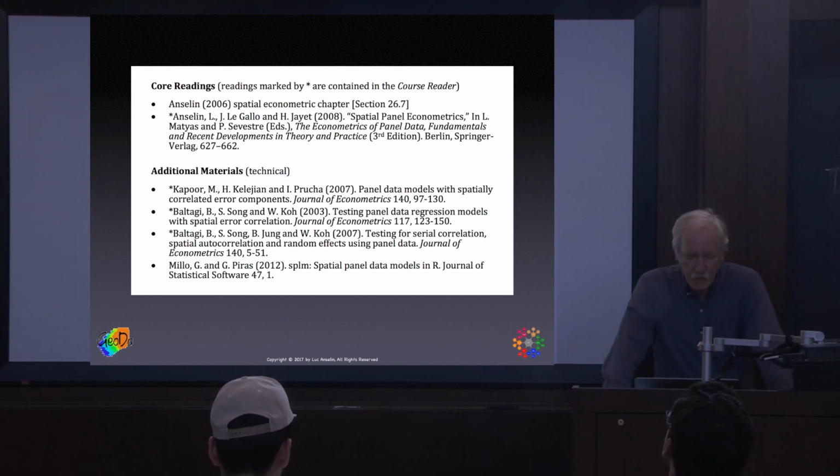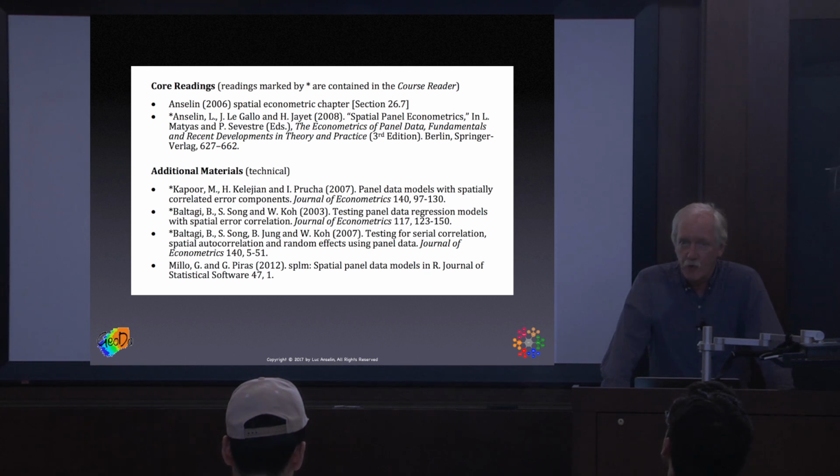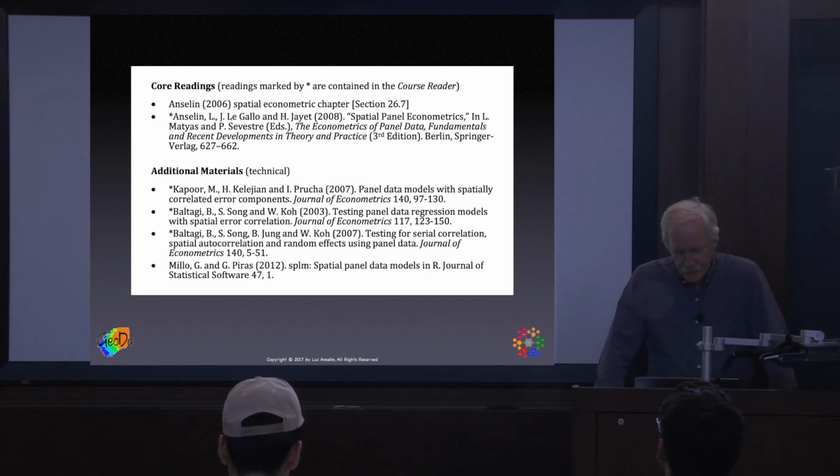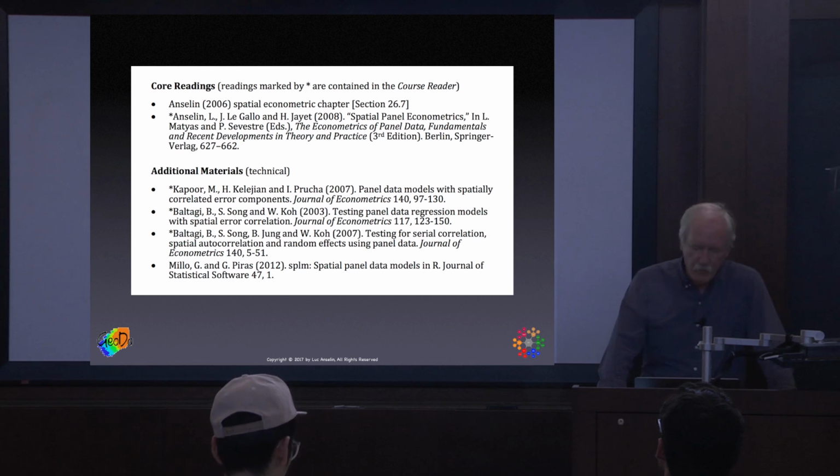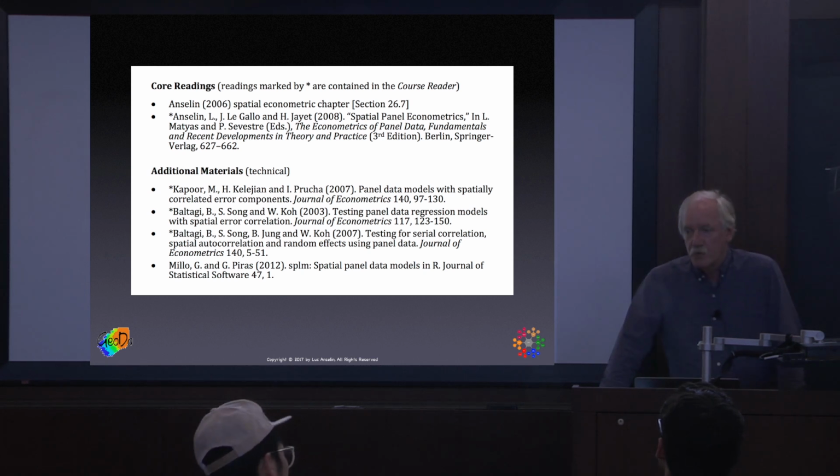And then in terms of the readings, pretty much the same as last time, this review chapter in 2008, and then there are some technical papers. If you really want to dig in, there's the paper by Kapoor, Kelejian, and Prucha, which is a very clever way of working around the problems of estimating these models. Basically the original specification is very difficult to estimate because of the interaction between the parameters. So they worked around that